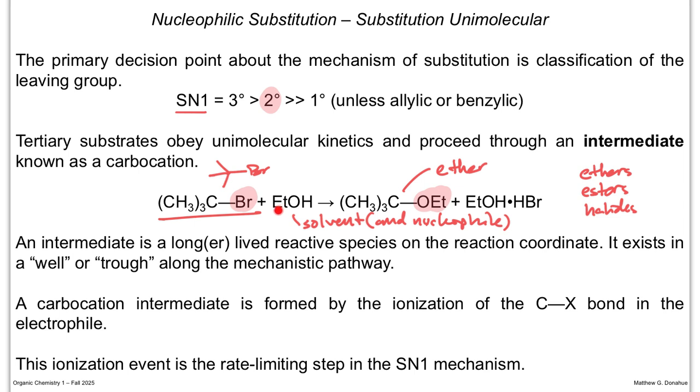So that's the overall transformation. And what we'll see on the next couple slides is that the reaction coordinate is a little bit more complicated due to how the leaving group leaves. To give you a preview of that,